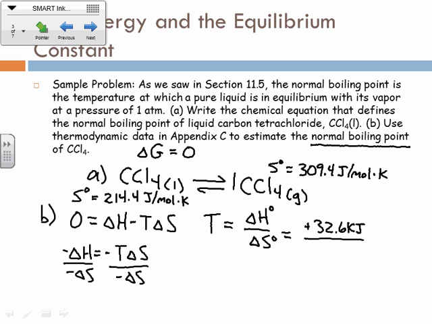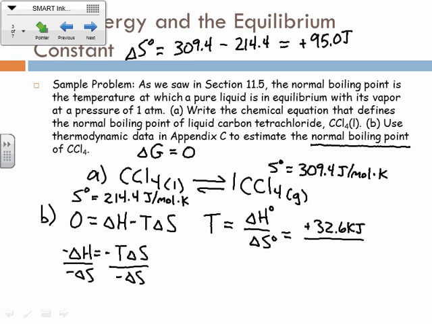So then to find the delta S here, we do the exact same thing as we just did. We take products minus reactants. So that's going to be 309.4 joules per mole times Kelvin minus 214.4. And again, those are both multiplied by 1 because we have a coefficient of 1 in front of both of those in the equation. And that should give us, again, a positive entropy change. Does that make sense? Yeah, because we're going from a liquid to a gas, so we would expect the change to be positive here. So it's plus